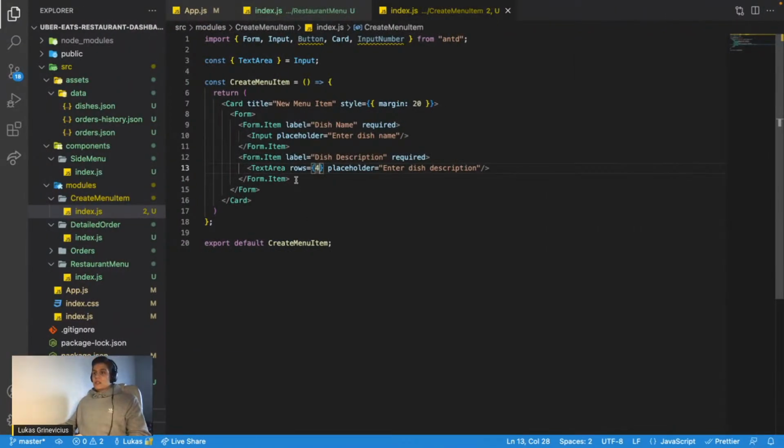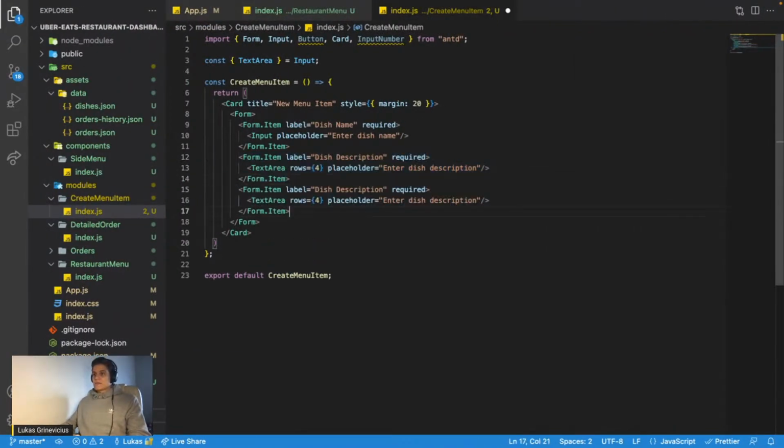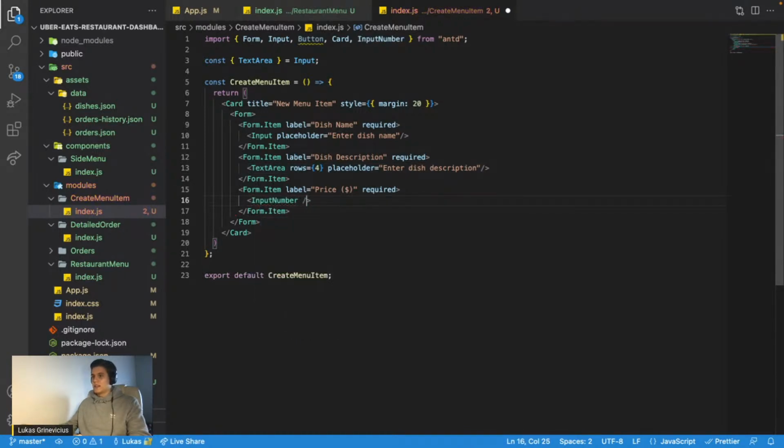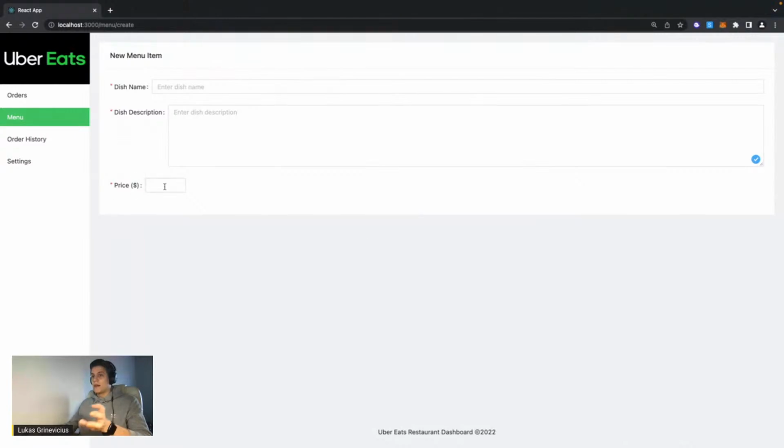And last but not least, we need to add a form item, which is going to be price. Price, and let's make it something like this. Okay, and as I said, it's going to be a simple input number. Input number, like that. Save it, go back, and voila. And this input number works very nicely. Okay, but I would like all of these